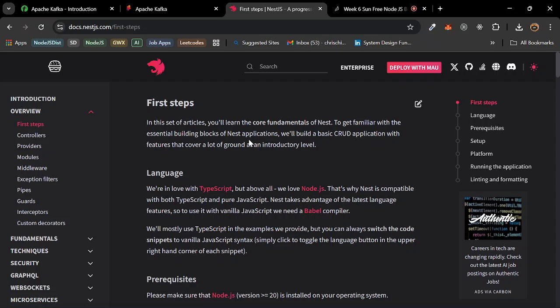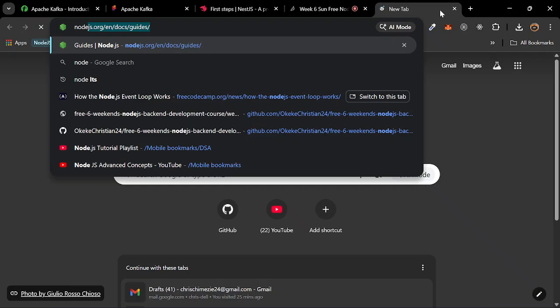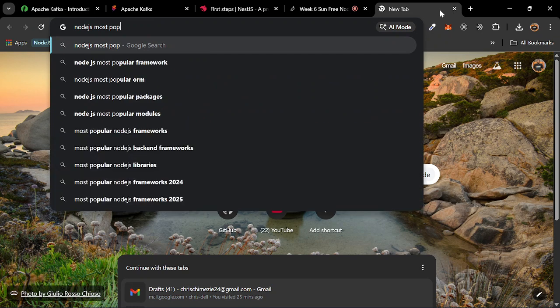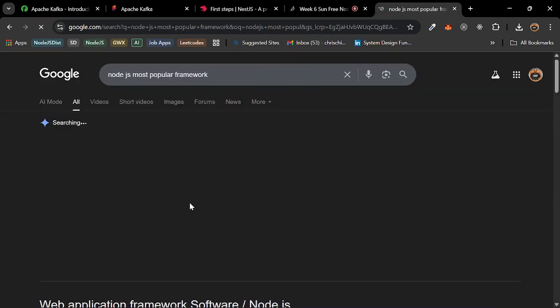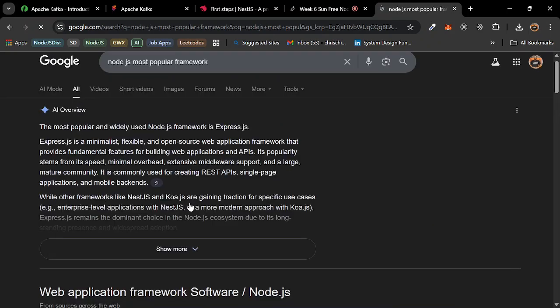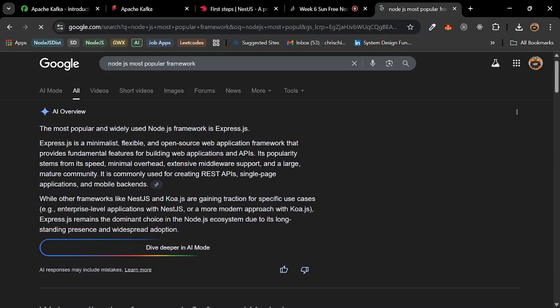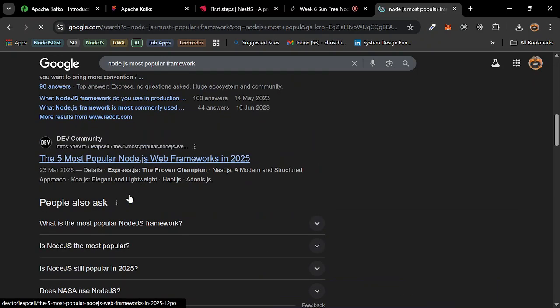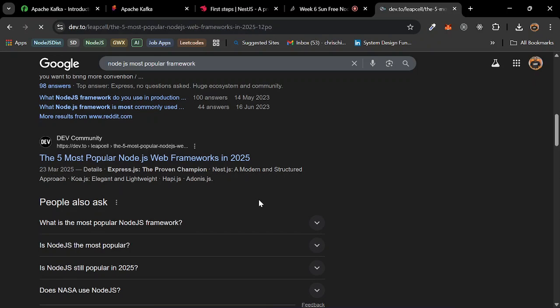So now, guys, let's look at NestJS, right? NestJS is one of, should I say, the most popular frameworks now in Node.js. If I search for the most popular Node.js framework, actually it should be Express, NestJS. There's Express, there's Nest, there's Fastify, and the rest.